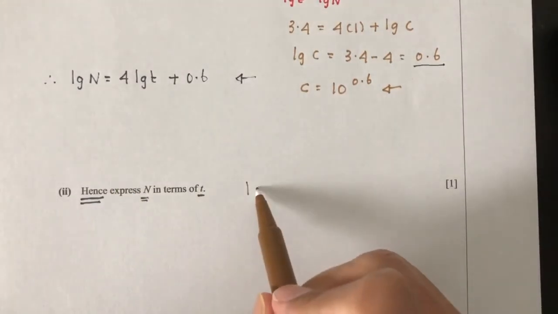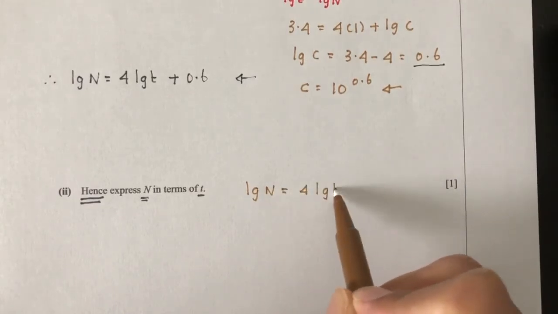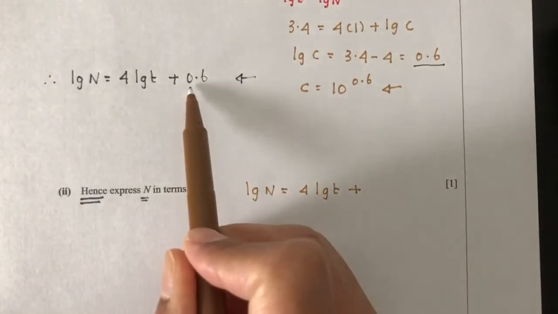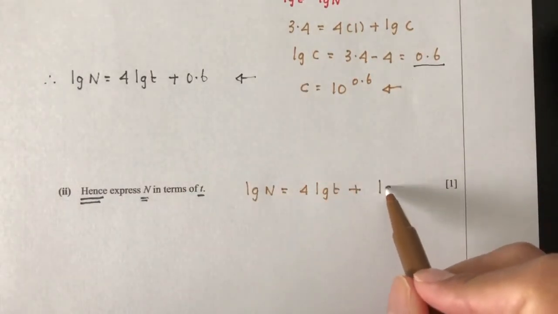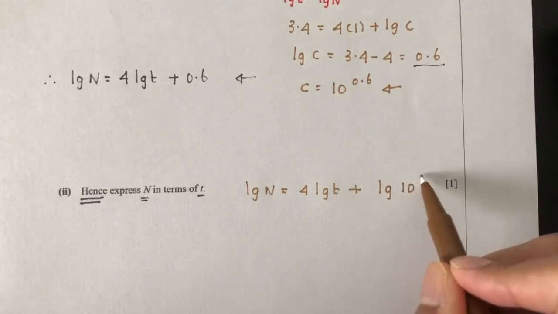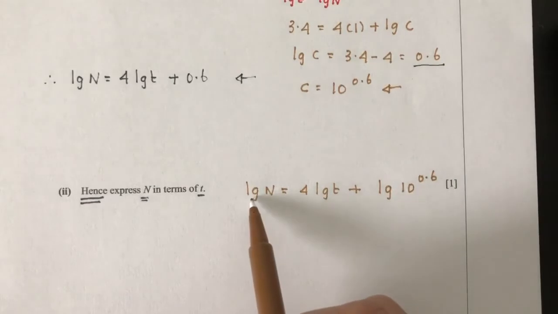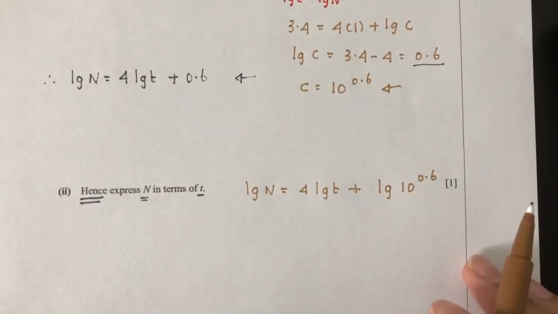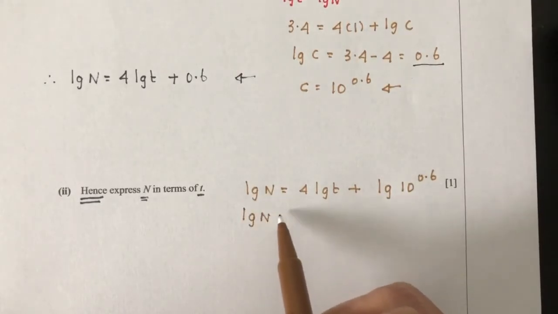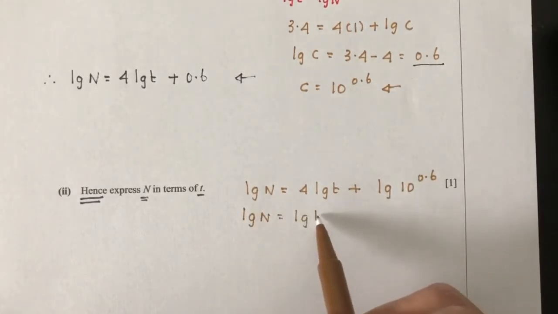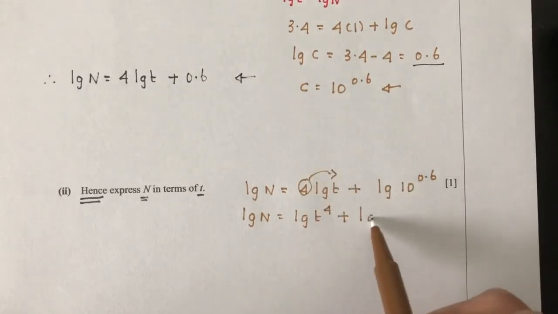So we have log of n equal to 4 log of t plus 0.6. 0.6 was log of c. c is 10 power 0.6, right? Now you have to understand, when we have the same logarithm on every side, we can combine them together, right? So here we have log of n, and here we can have log of t power 4. We can send the power on top, plus log of